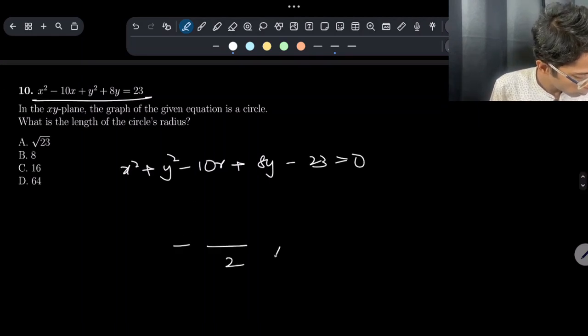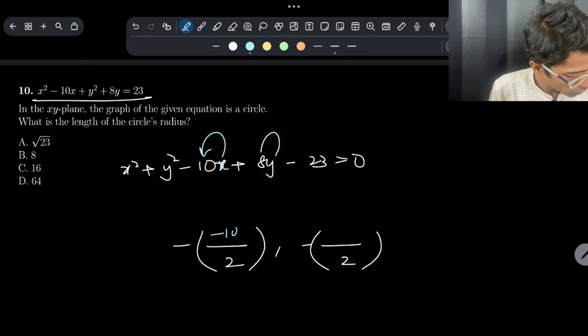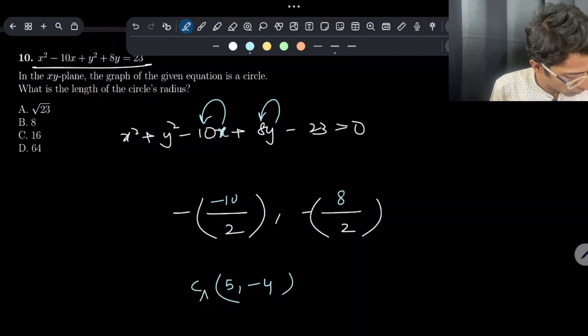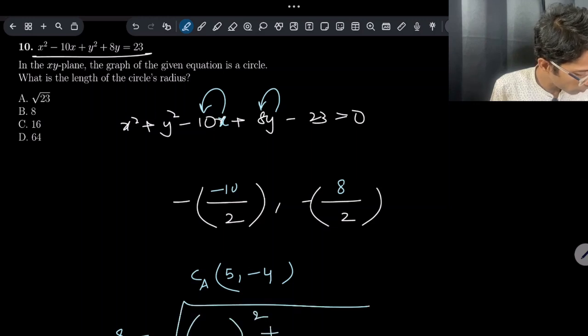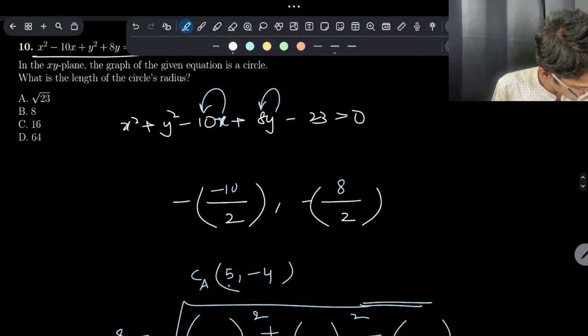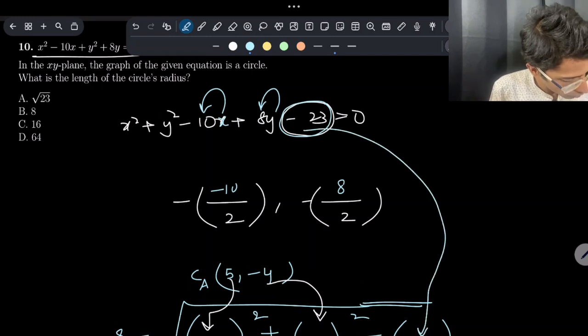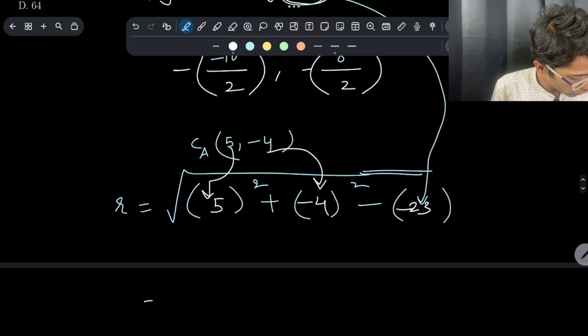How do you do that? Whatever is the coefficient of x, write it down here. Whatever is the coefficient of y, write it down here. You will get the center of the circle, which comes out to be (5, -4). To find the radius of the circle, how are you going to do it? Please follow the template: radius equals the square root of something squared plus something squared minus something. Whatever is the x coordinate of the center, drop it here. Whatever is the y coordinate of the center, drop it here. Whatever you see here, drop it over here. That's it. You will get the radius. If there is a negative sign sitting here, please carry that forward. So let's quickly find the